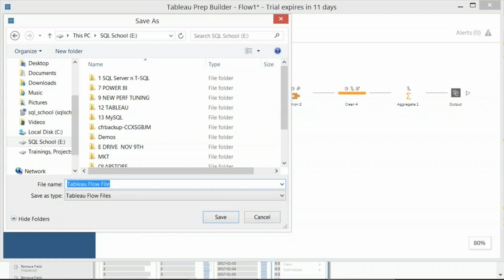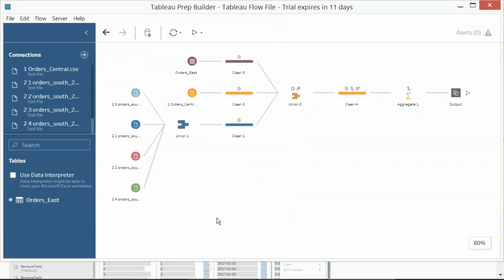Or someone else will ask me, no, Sai, I don't want sales or profit. I want something else like number of orders. Yes, we can open this Tableau flow file and perform further edits at the appropriate steps, or also edit these transformations, the steps. Okay, so with this information we understood now how to work with the Tableau prep operations.